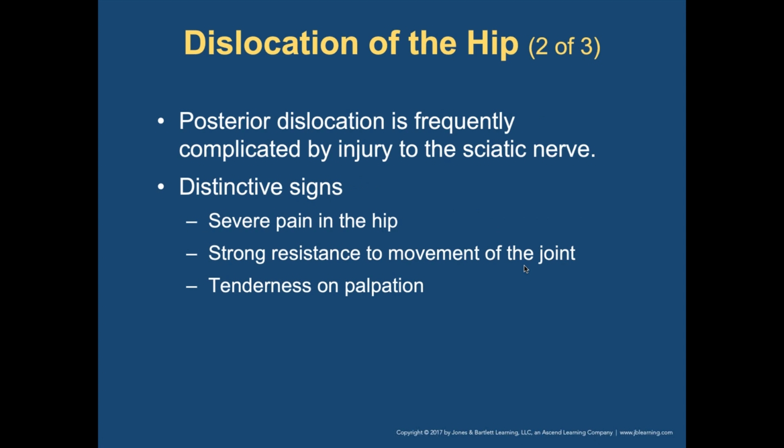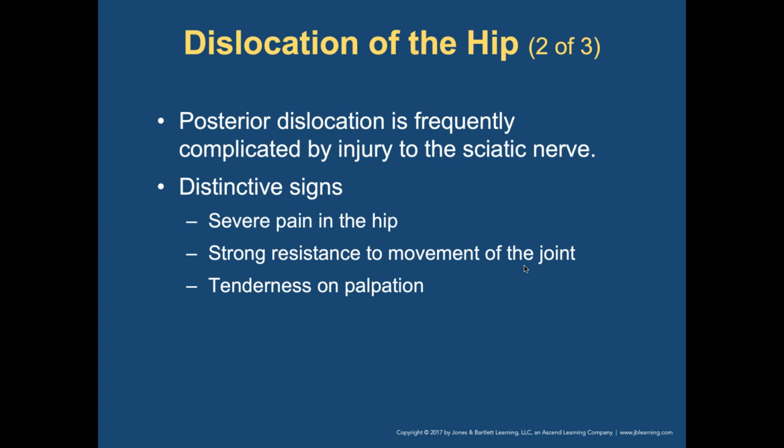The sciatic nerve is the largest nerve in the lower extremities. It can have some damage. It controls the activity of the muscles in the posterior thigh and below the knee, and the sensations of most of the leg and foot. Most people can say they have sciatic nerve damage, and you know what that is because they have sharp pains running down the leg. You can have some numbness in the feet. So just think, if they dislocate the hip and pinch that nerve, they may not be able to feel tenderness or numbness in their feet if you go to touch their toes. They're going to have severe pain.